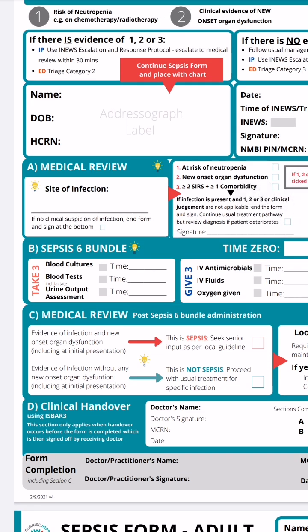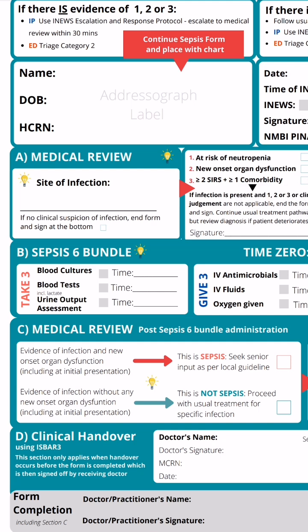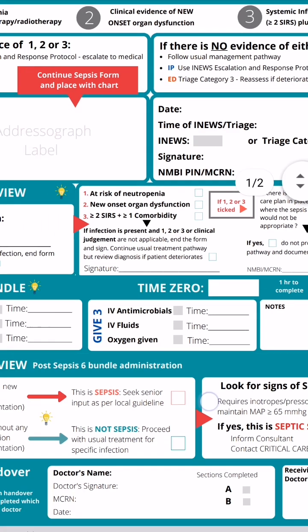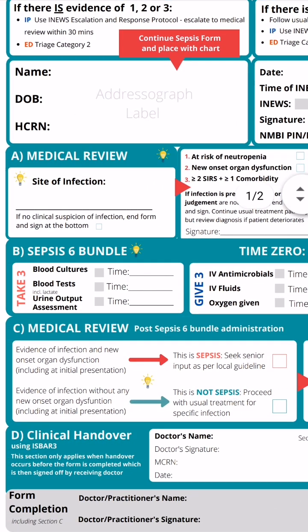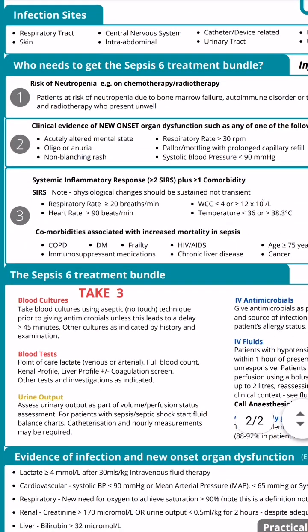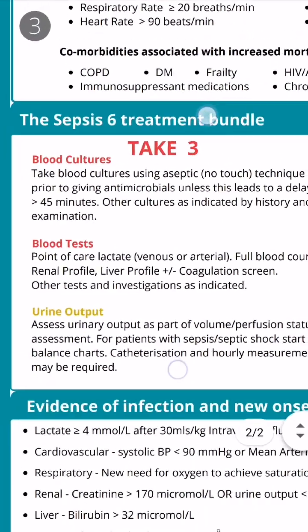Then after, B category is the 6 bundle of the sepsis. We usually follow this one in Ireland and UK. Okay, so time 0. So what are the 6 bundles? In the 6 bundles, we review the 3 take and 3 give. So for the 3 take, we will go down in the description area and check what the 3 take are. So first one